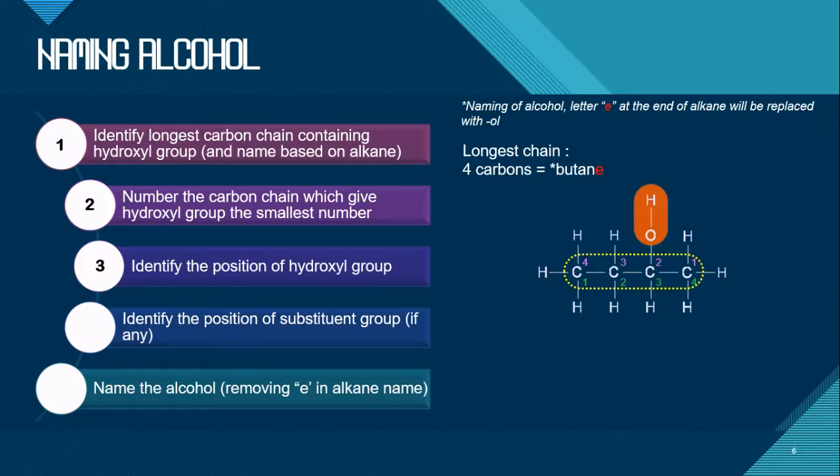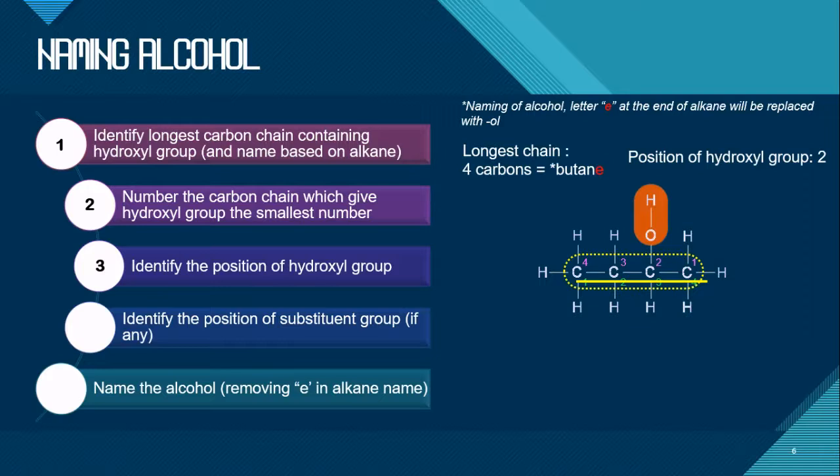So we are going to assign the smallest number to the functional group. In this case, we're going to take number 2, which means we're going to use the purple numbering system, and we eliminate the second numbering system. So the hydroxyl group position is number 2, and then we need to identify if we have any